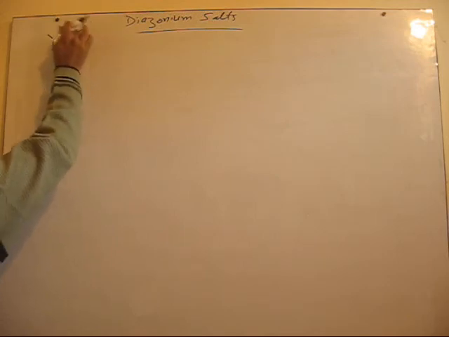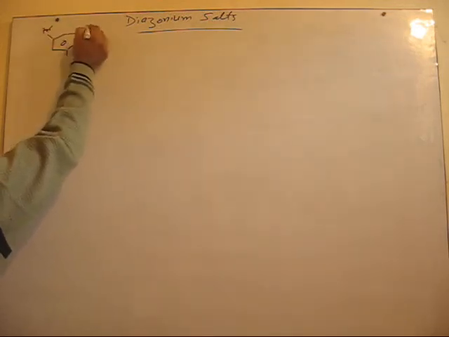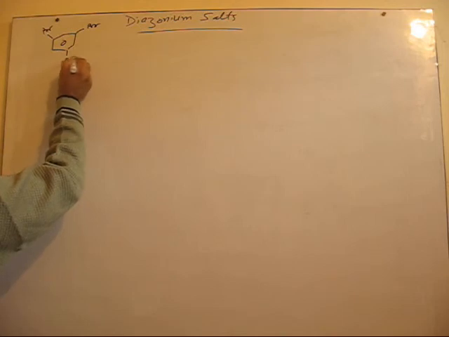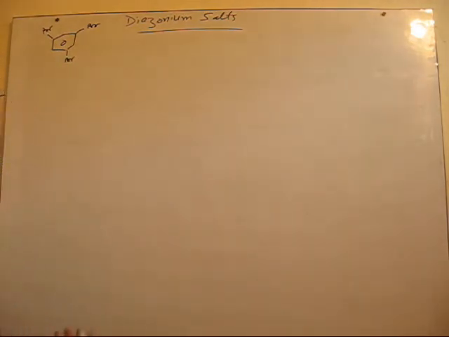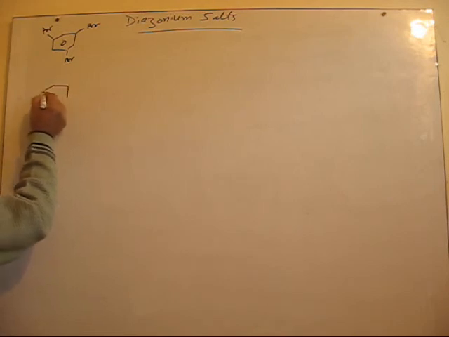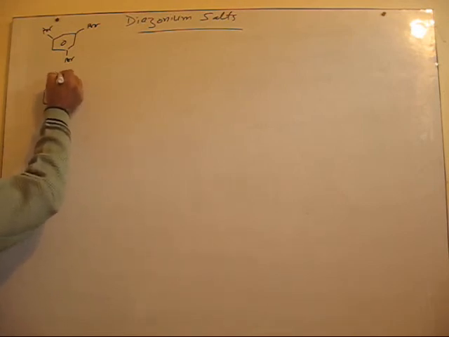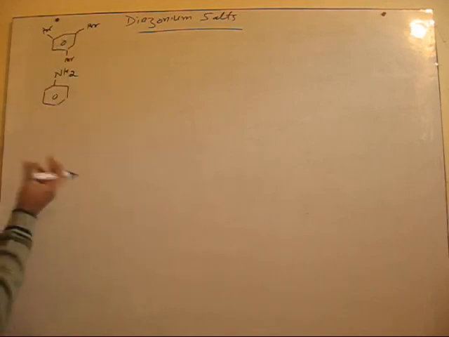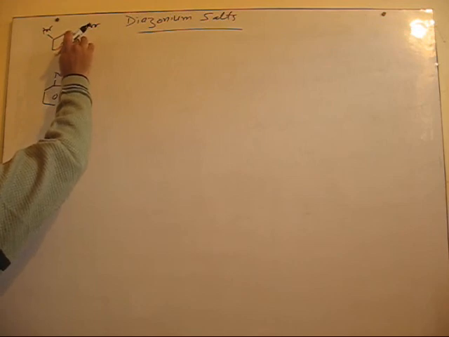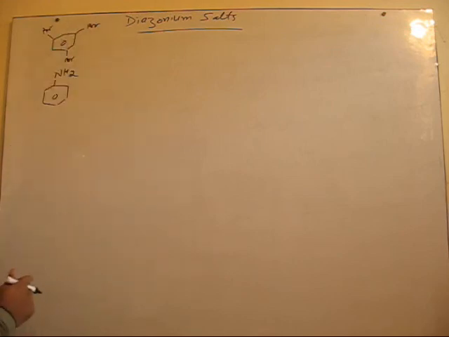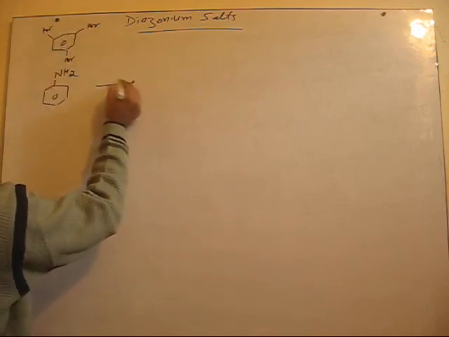You cannot prepare it by direct bromination of benzene, right? So let's start this preparation from an available compound, that is aniline. You can prepare this compound from aniline. So you can have a conversion in the exam: convert aniline into 1,3,5-tribromobenzene. It's very simple. First